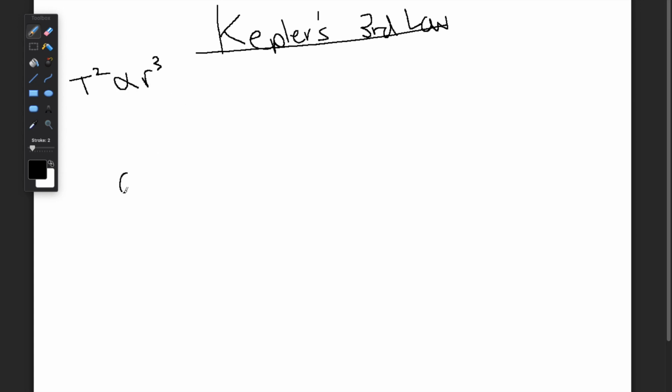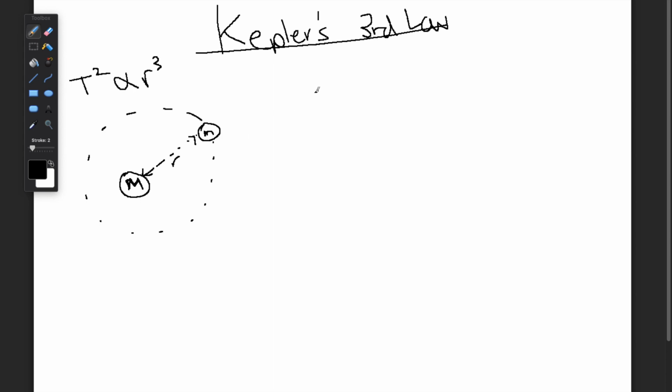If we have a large mass, which can be the Sun, I'm going to call it big M, and we have a smaller mass orbiting around it, little m. So this can be the Earth and this can be the Sun. I'm going to call this distance r, and of course it's going to orbit. What we're going to assume is circular motion, although it's not really circular, it's elliptical, but in this case we're assuming it's circular. So we're going to use the laws of circular motion for this